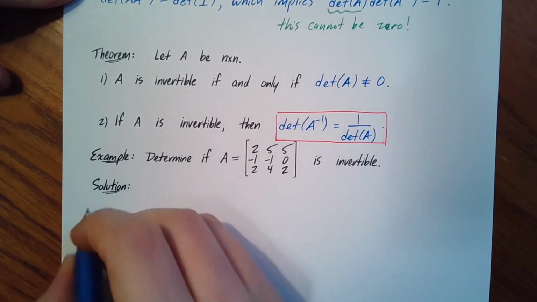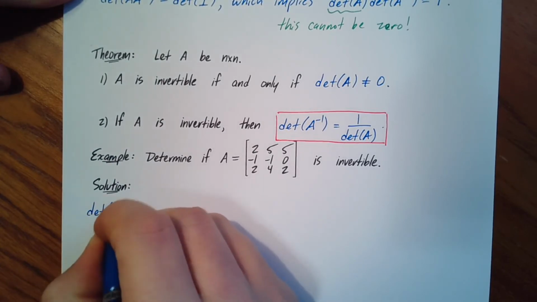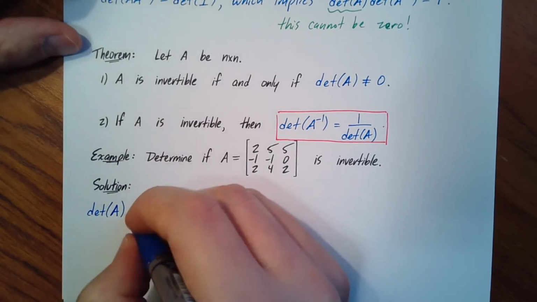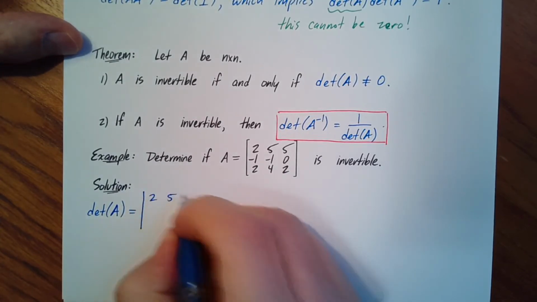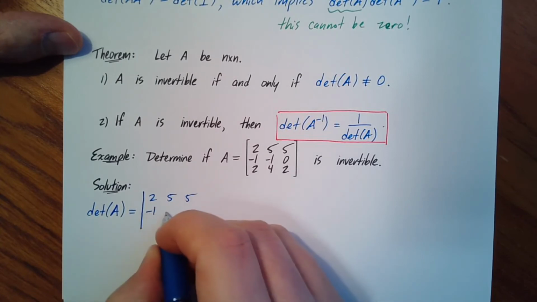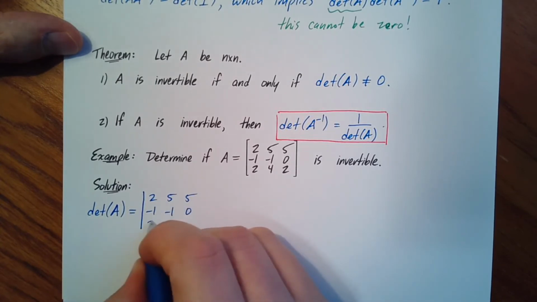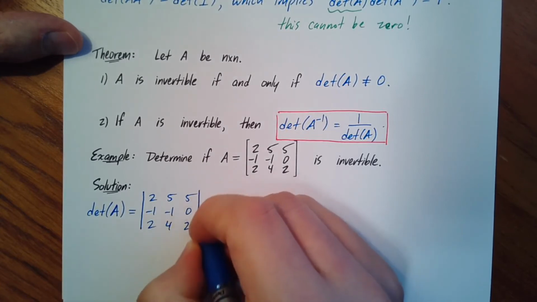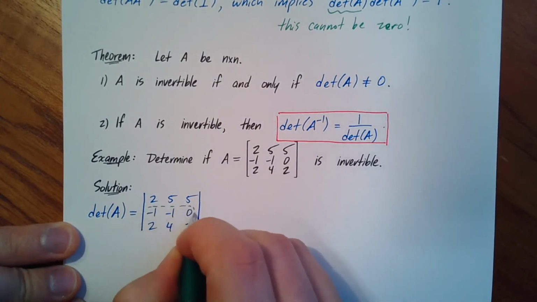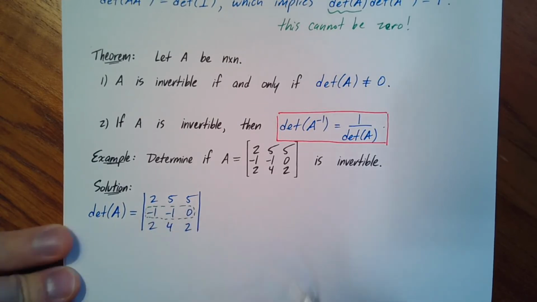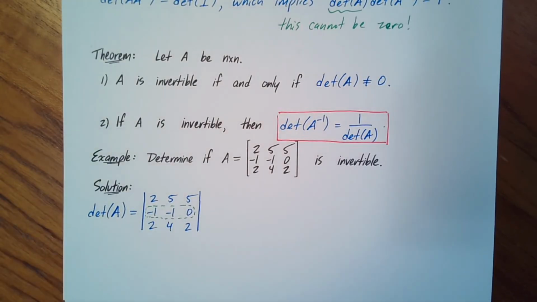So let's go ahead and do that. The determinant of A, and I'll just shift to my bar notation. So 2, 5, 5, -1, -1, 0, and 2, 4, 2. So there are several ways to compute the determinant here. I'm just going to do cofactor expansion, and I'm going to choose the second row to do cofactor expansion because it's got a 0. I could have also chosen the third column, and that would have worked as well,